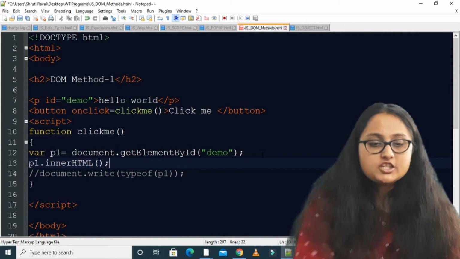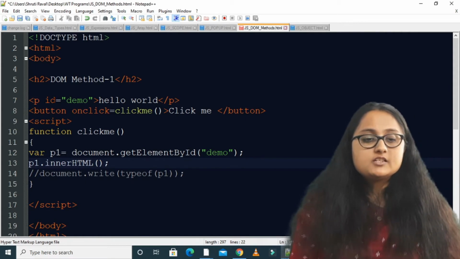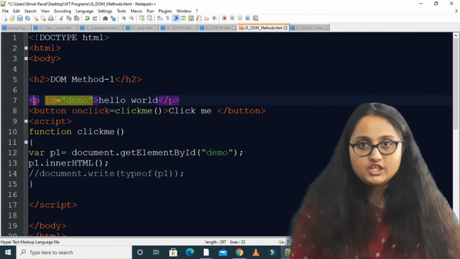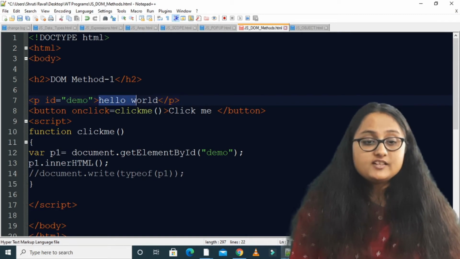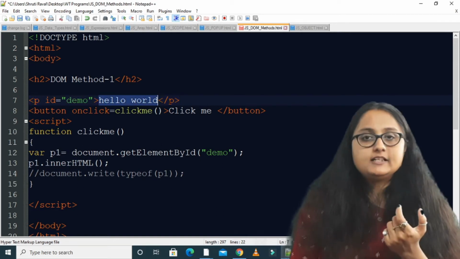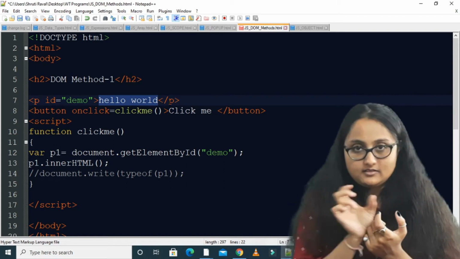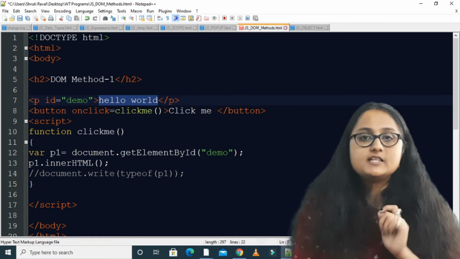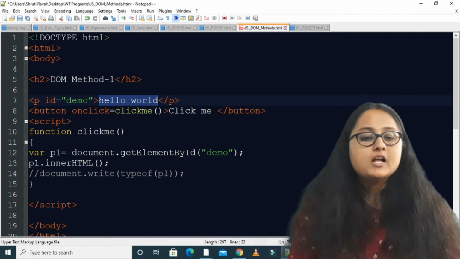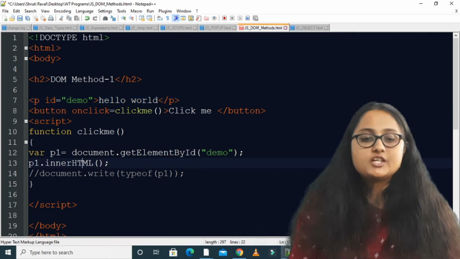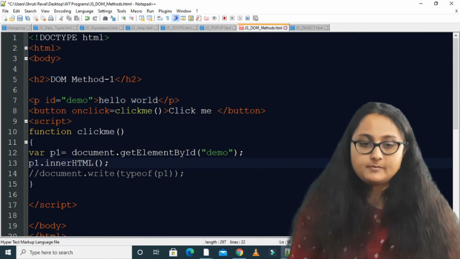What is this innerHTML? Whenever you write any HTML tag, the text which you write between the starting tag and the ending tag is accessed in the DOM via which property? innerHTML. So this is known as innerHTML.